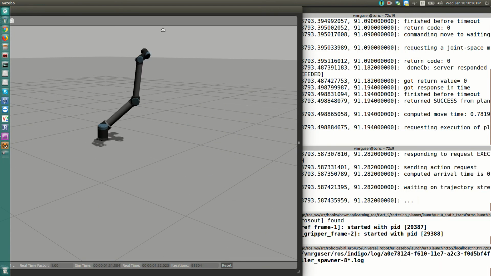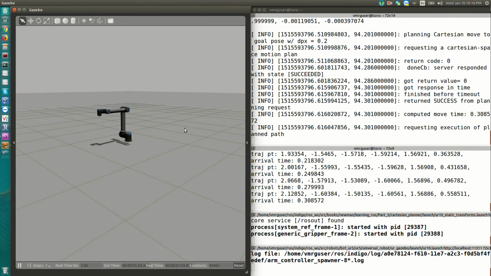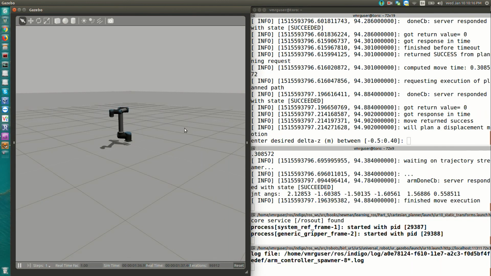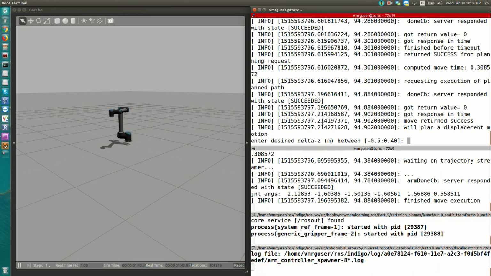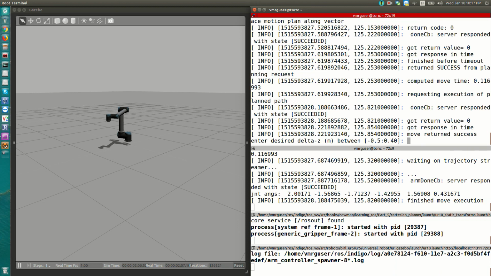Let's then take a look at our UR arms. So you can see some of the different motions that we had in that file, and then coming here at the end on a while loop to enter some delta z's. So these delta z's will just displace the tool by whatever amount we enter. The range is from negative 0.5 to 0.4. So here, for example, if we want to move the hand down, I might just enter that displacement,